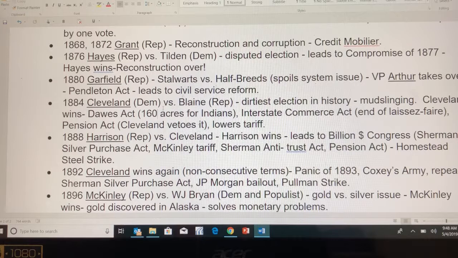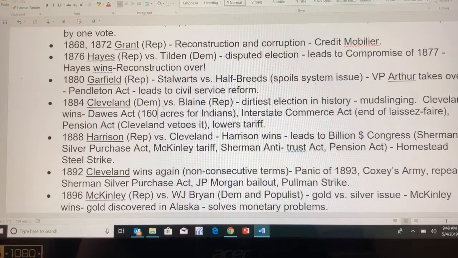The Interstate Commerce Act is created at this time, and it's huge because this is the first time the government is trying to regulate big business. It's the end of laissez-faire. The Pension Act is created. He will veto it, but it will pass, where we're going to give pensions to veterans,